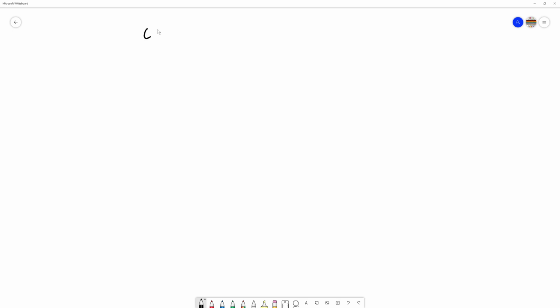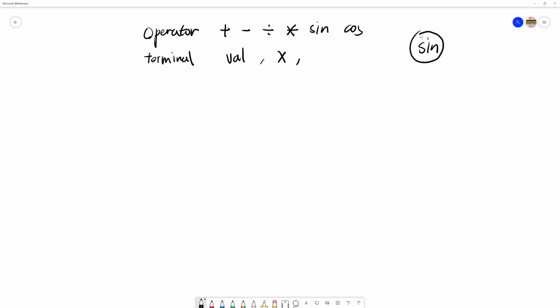So first we have an operator that is plus, minus, division, multiplications, sine, cosine, and we have our terminal that is some value, the unknown variable x, and for example, for sine, if we want to represent sine,